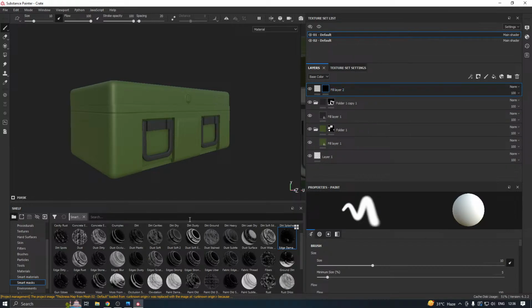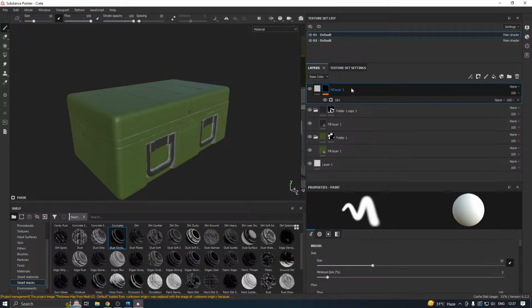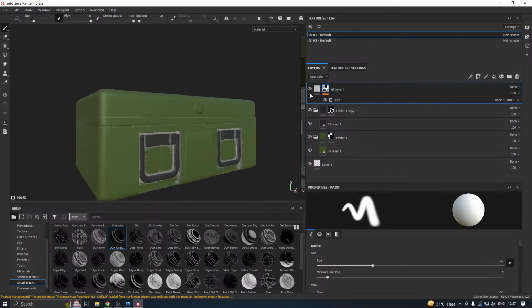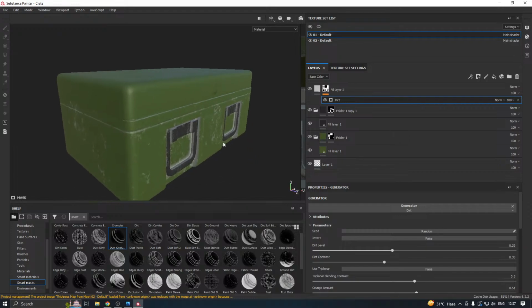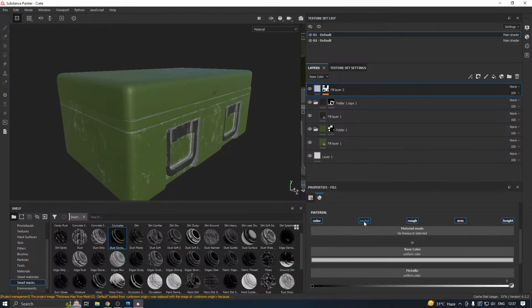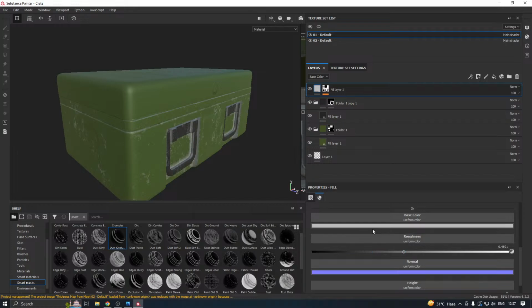Wait, clear the mask. Dust, like this. And change the dust color to